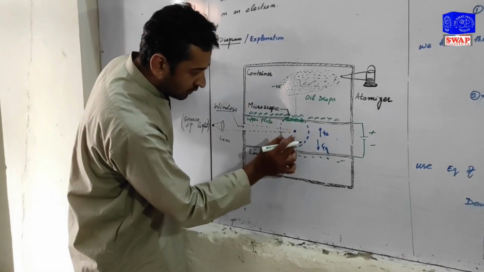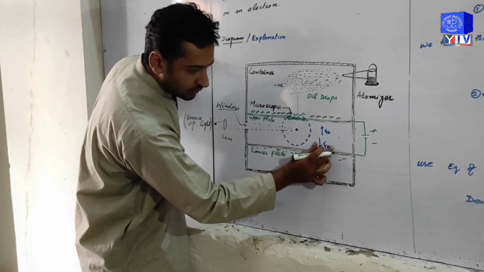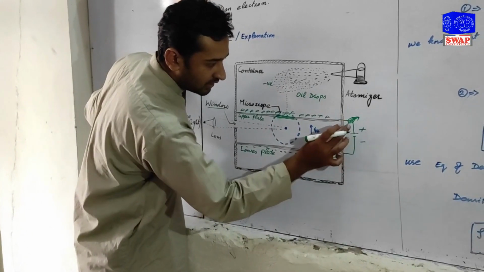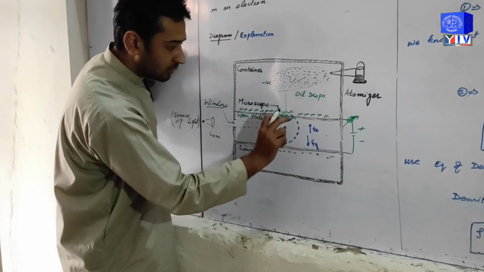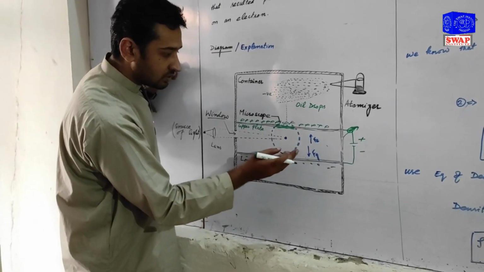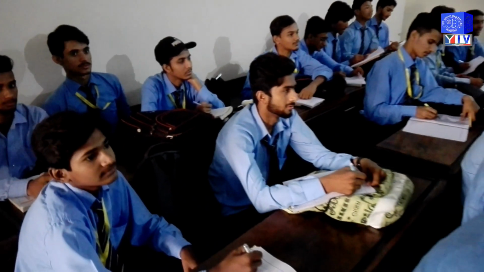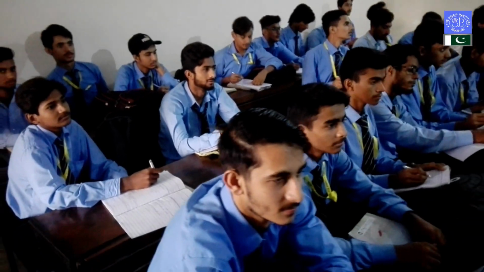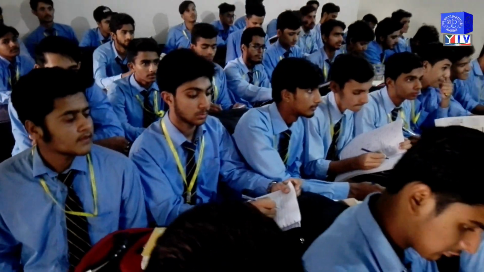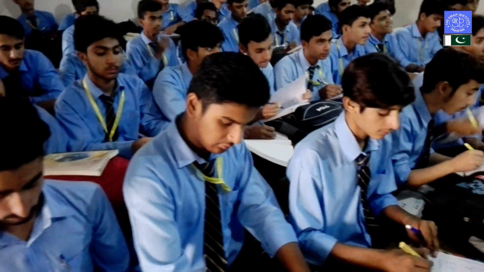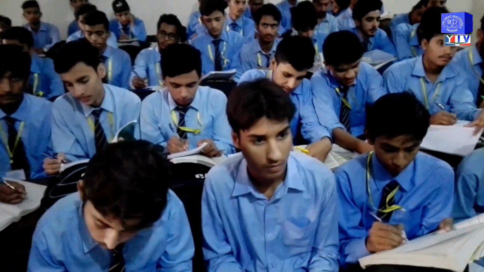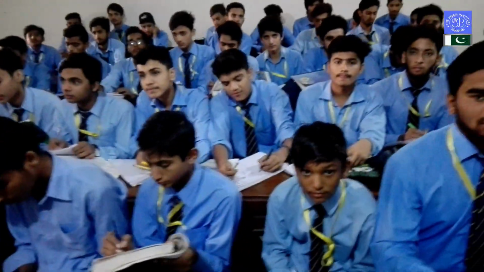As the droplet moves downward due to gravitational force, we use here a rheostat or variable potential divider to make the charge increase or decrease on that plate, which attracts the negatively charged droplet upward, while gravity pulls it downward. By fixing this, when these two forces are equal to each other, the droplet will become at rest.